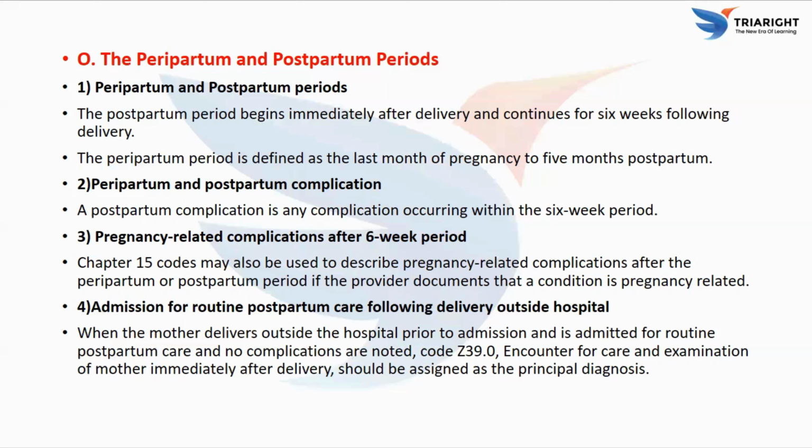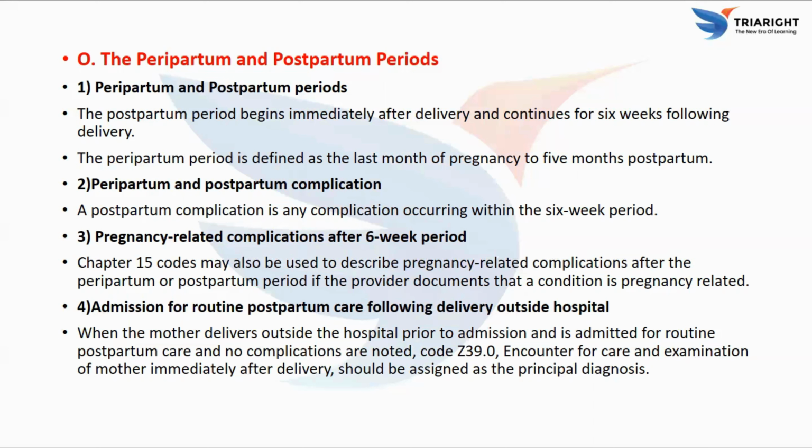So what is the rule over here? If the doctor documents that a condition is pregnancy related, you can still use chapter 15 codes even beyond the 6 weeks. For example, thyroid dysfunction appearing 3 months after the delivery but noted as pregnancy related, cardiomyopathy noted as postpartum cardiomyopathy even at 4 to 5 months postpartum, or persistent hypertension diagnosed after the usual 6-week period. So you have to use O codes if it is stated as pregnancy related even outside the usual time